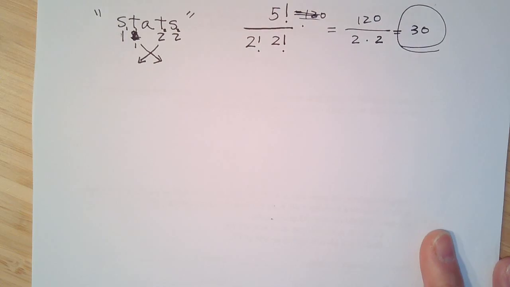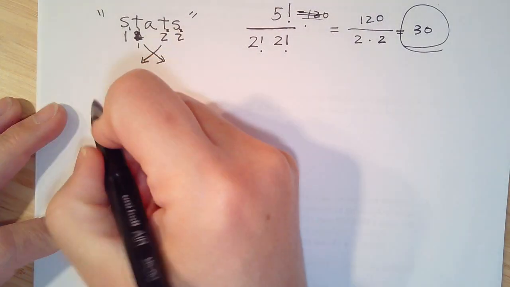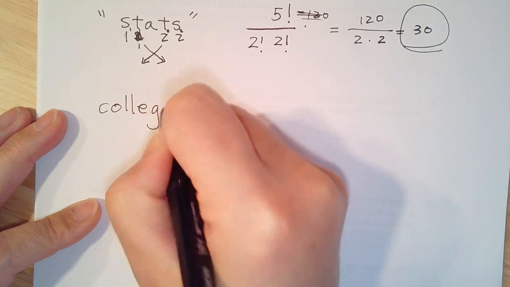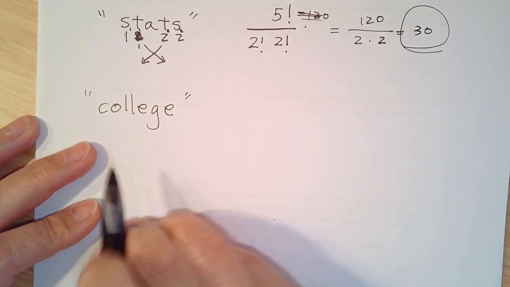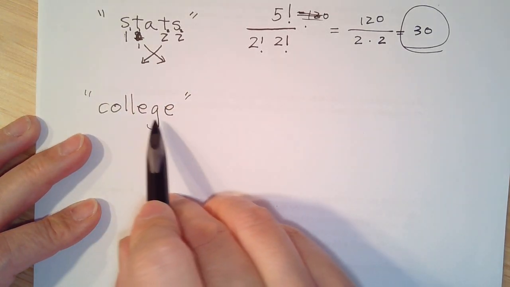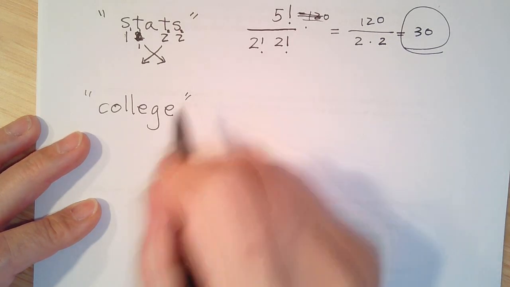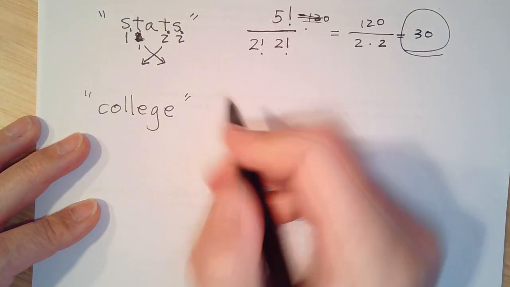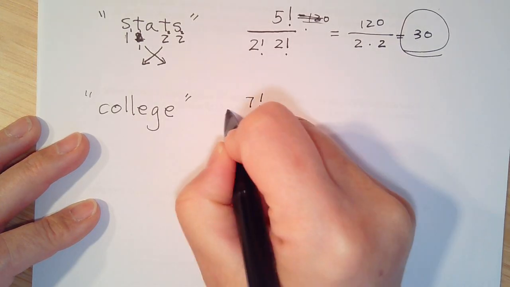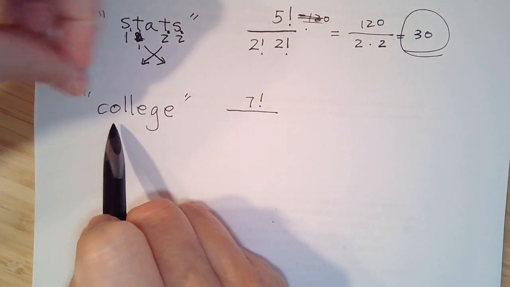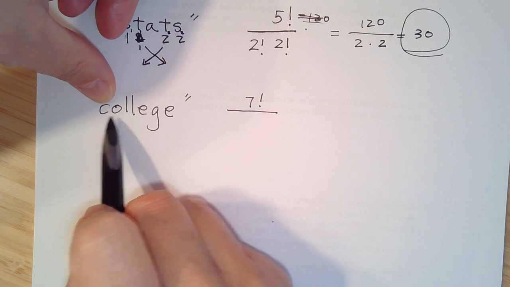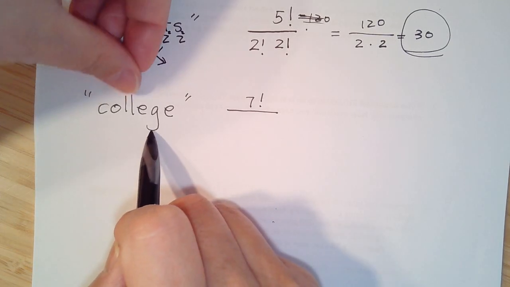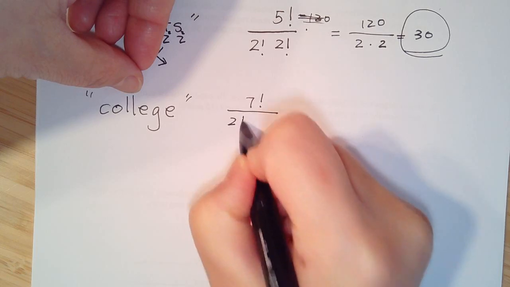Now let me do the other one. College, C-O-L-L-E-G-E. So how many different ways can you arrange all the letters? 1, 2, 3, 4, 5, 6, 7. So I have 7 factorial divided by, we have only 1 C, we don't need to worry. We have only 1 O and 1 G. We don't worry about that. But for L, for E,